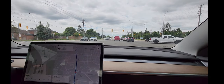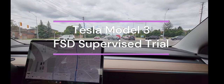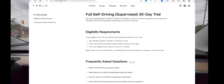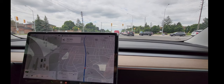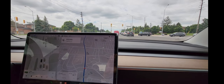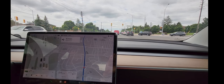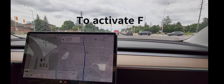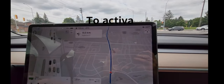Okay, so Tesla has recently enabled my Model 3's full self-driving supervised mode, and so today I'm going to do some trial and test it out. So here you can see on the screen that I